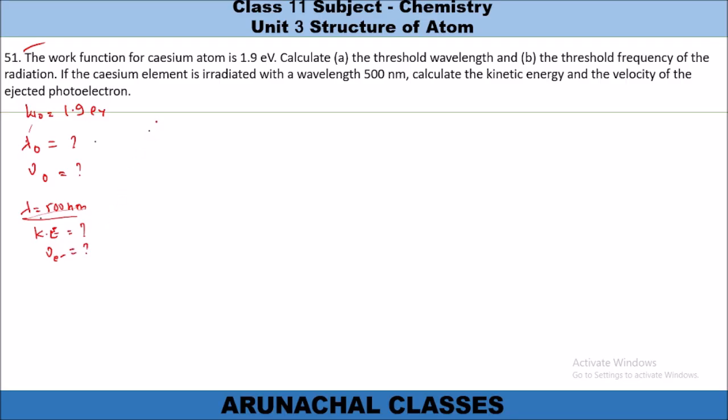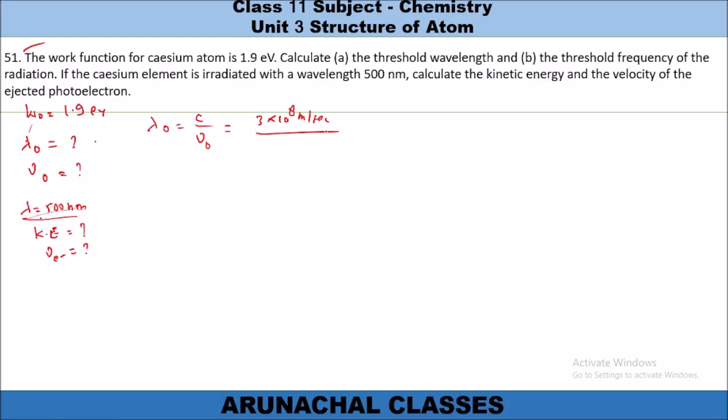Let us take the threshold wavelength λ0, that is equal to c upon ν0. So the c value is known, 3 into 10 power 8 meter per second, divided by ν0. The ν0 value is